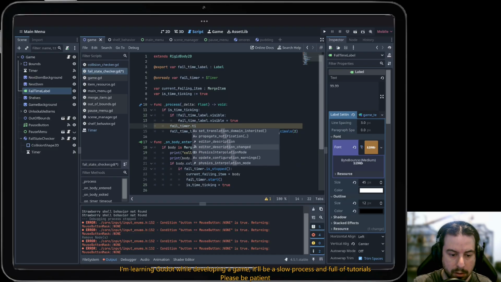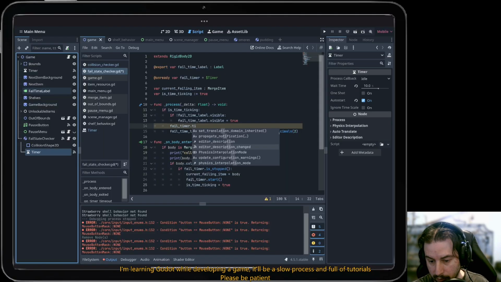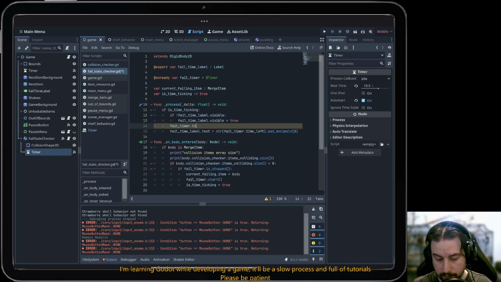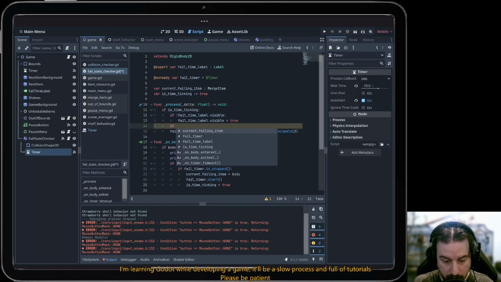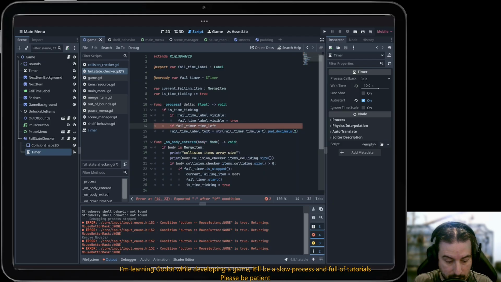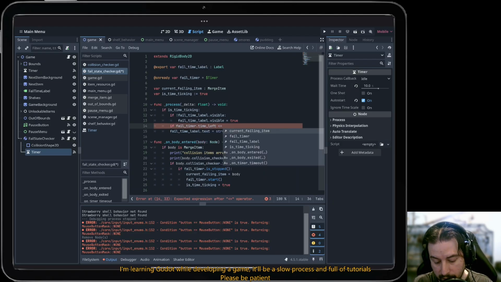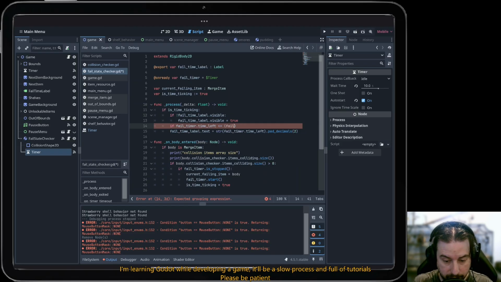I don't know if I can see. So let's see what properties we have. The wait time. Okay. So if fail timer dot time left is less or equal than fail timer dot wait time divided by 2, then